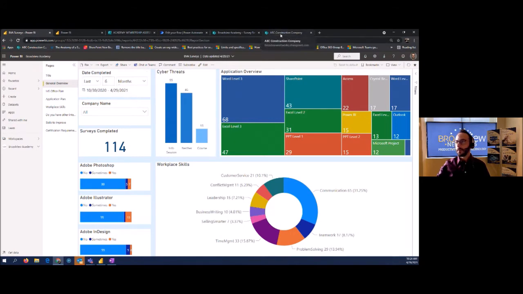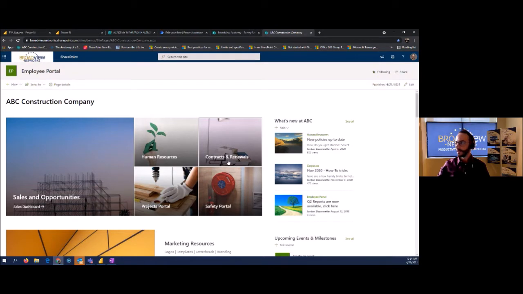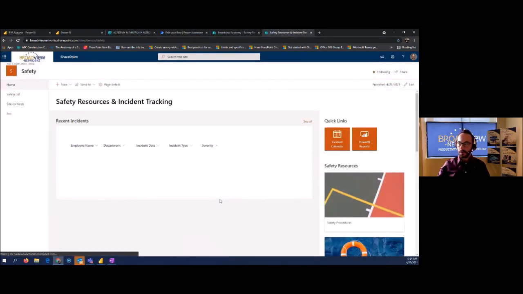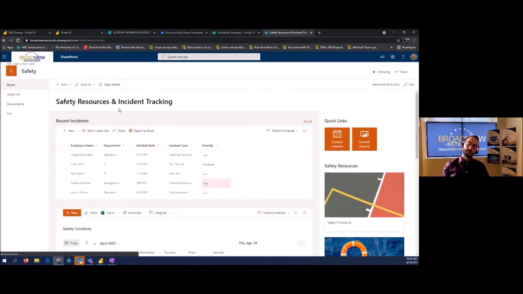Now for the next example, I guess I'll jump into the safety tracking. So on this demo here, I've chosen to use safety, but this is another great fit for things like a vacation request or a travel request or quality issue tracking. Anytime things are currently being tracked via email or via an actual physical paper or just Excel spreadsheets, there's definitely room for improvement. And this is where transforming things into online forms via using a SharePoint list or a Power App can really start to